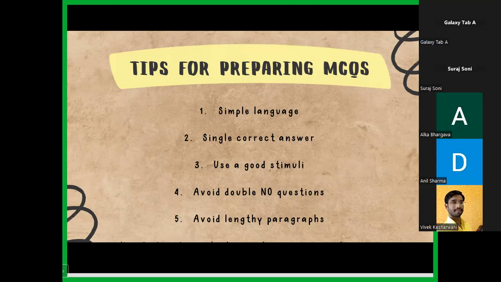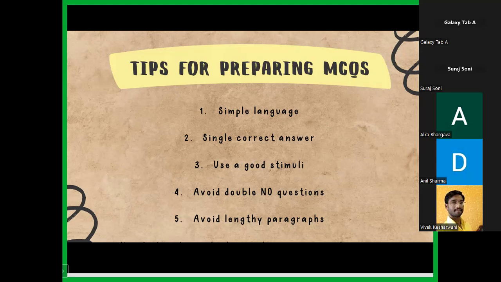How can we identify whether there is something wrong with the question or the question is perfectly okay? We can always share our questions with co-teachers. When you share the questions with the co-teachers, if there is a discrepancy, the co-teacher will be able to find it out. While preparing questions, the mind is so set on a few things that we tend to read only the answer because we know it. We are not able to think about the other options. So it's very, very important that we discuss the questions with the co-teacher so that we can find out if there is something beyond that the child can think and the child can answer the question in a different manner. So ensure that there is one single correct answer.